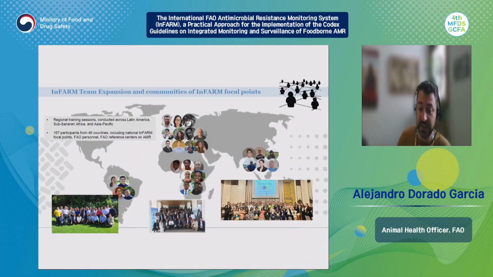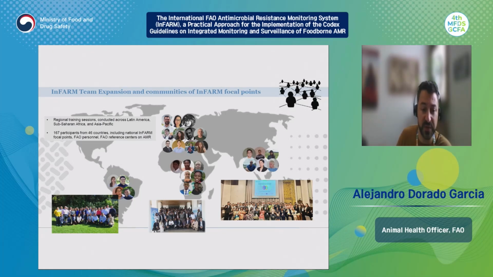As part of the Open Call for Data in 2024, we have also been trying to expand the team of support from FAO in the regional decentralized offices, but also we've been creating communities of INFAM focal points at the regional level. So we started, of course, the work from the global perspective, from the FAO team in headquarters. Here we have the global team, also the IT developers and all the team in the agroinformatics and digitalization division in FAO headquarters. And what we did was 3 regional training sessions. The first one was conducted in Latin America. Then we had a session in Sub-Saharan Africa and also in Asia and the Pacific.